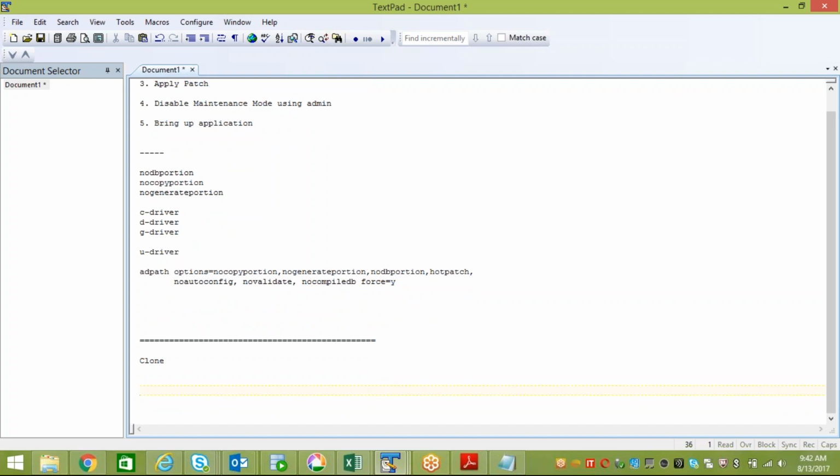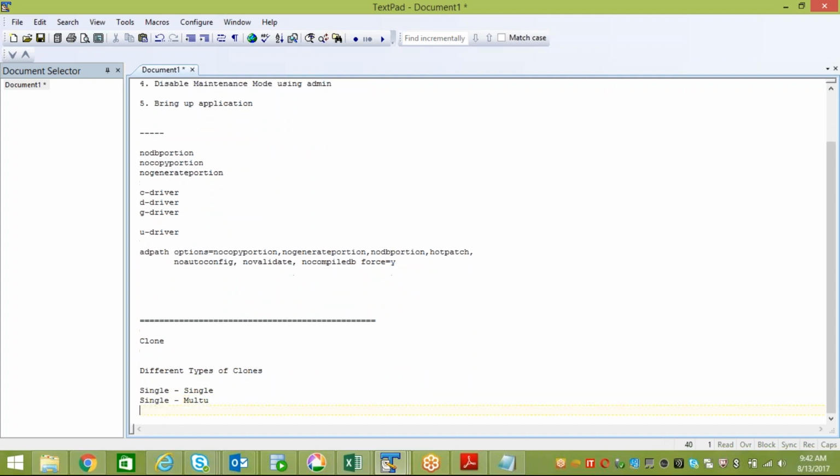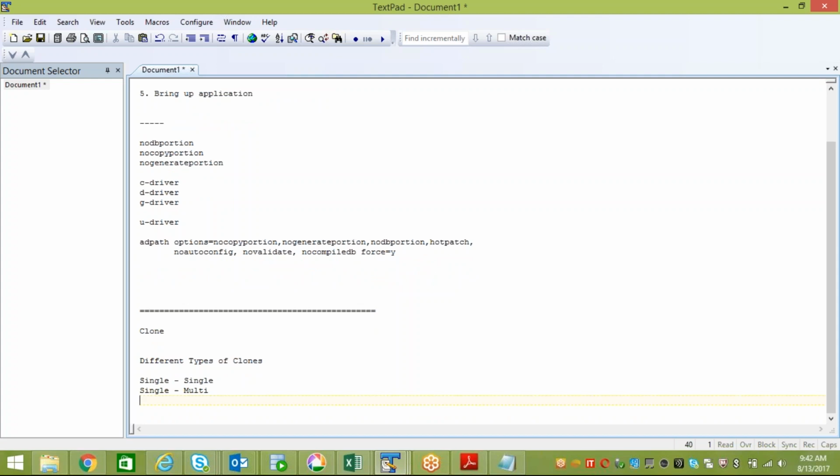Okay. So here, before: single to single, single to multi, multi to single, multi to multi. These are the